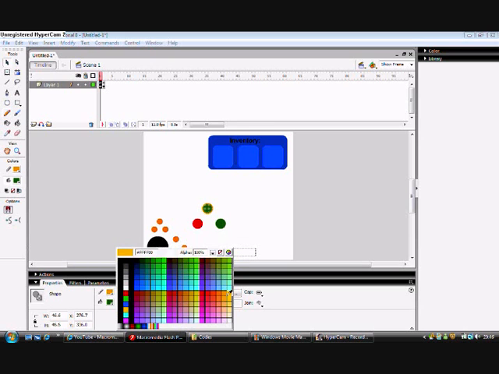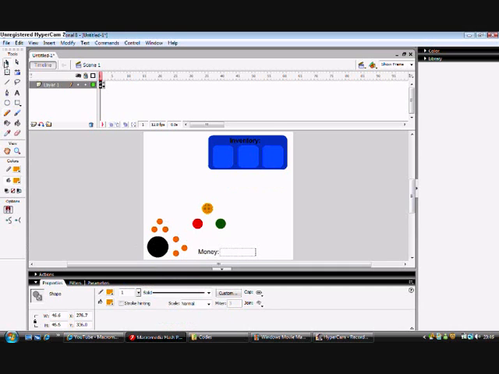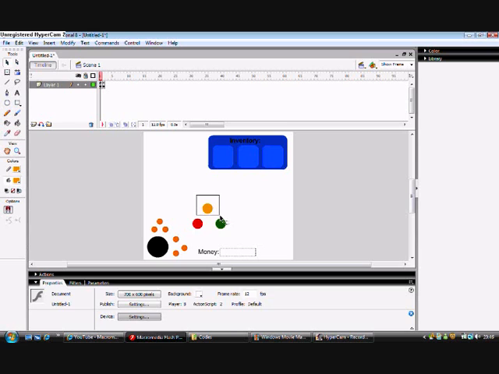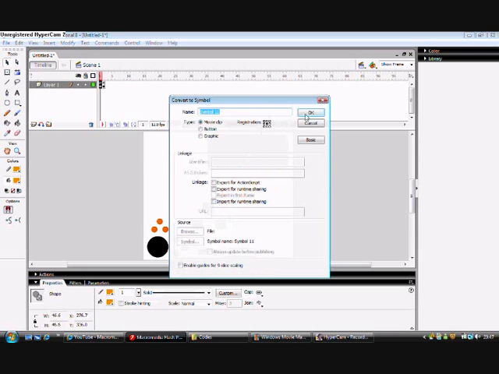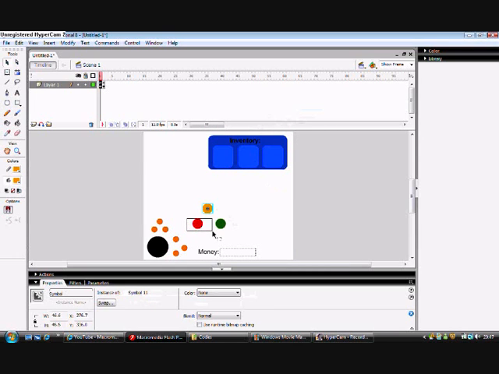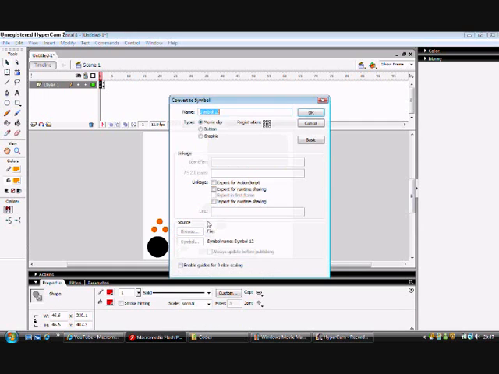I'll just have it a bit darker. Right, so we have our items, and what you need to do is convert these to symbols. You need to separately convert these all to symbols,